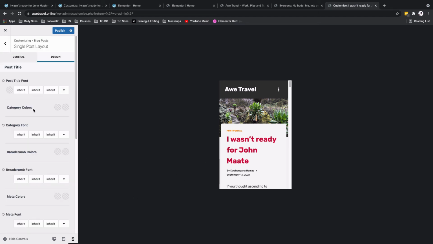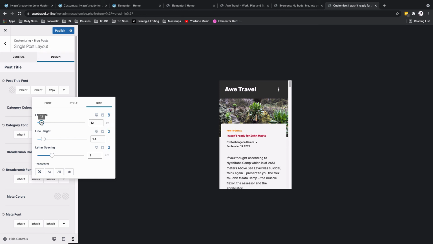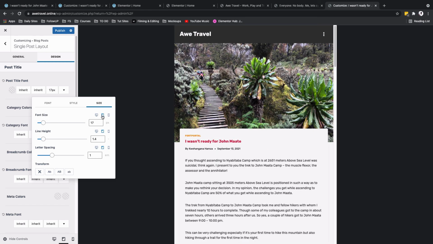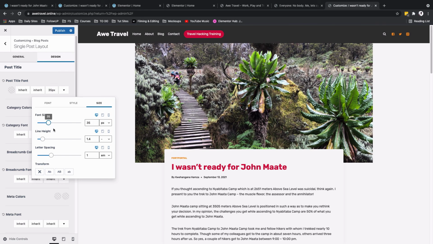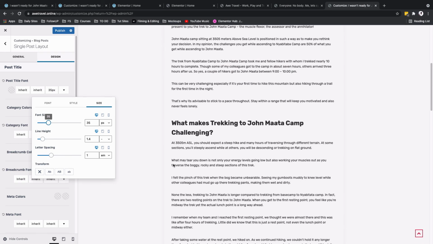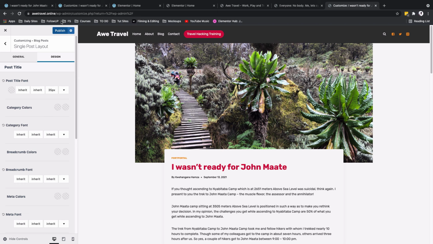Under the design, post font title for the mobile, we are going to reduce this a little bit. We will make it a 21, for the tablet a 27, and for the desktop a 35. For me, that looks so far so good. Anyway, now what I'm going to do is simply publish, and now that means that we'll have these changes reflecting